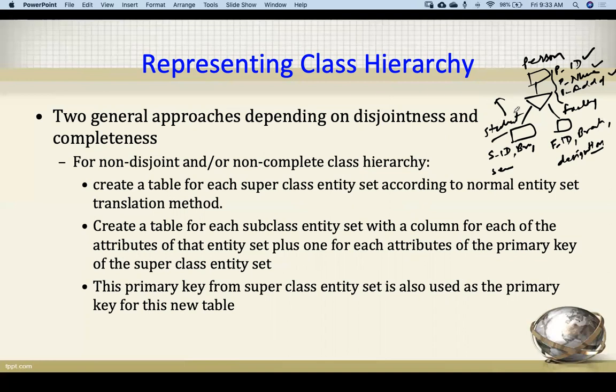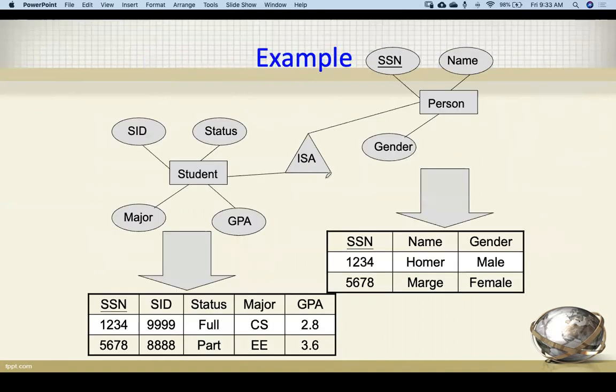So you can see this is called hierarchy, or the approaches are there. Let's see the example so that you can understand. A person is a student, or the person may be a faculty, but here faculty was not there, it is a simple form. Now this is how we can create the person table: SSN, name and gender.